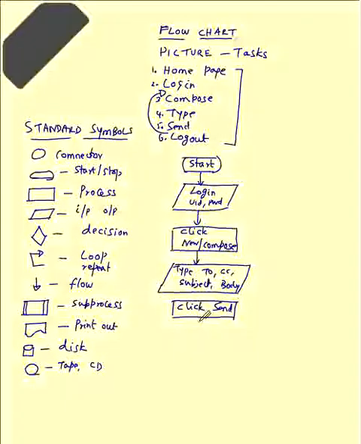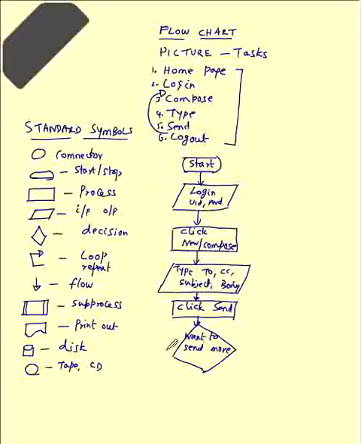Okay, now I have done the send part. I want to send more emails. Then you can always do a decision diagram. Before that, you write the text: want to send more? You draw a diamond like this. A diamond is a decision maker.